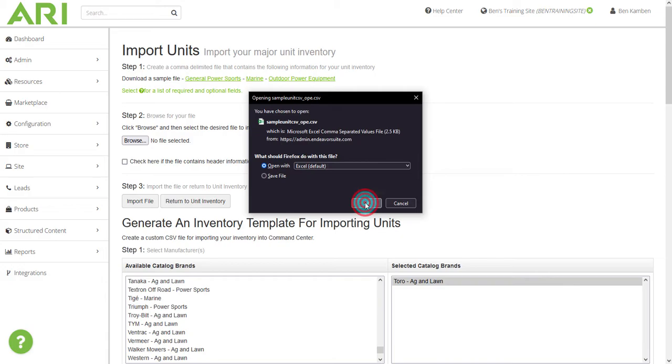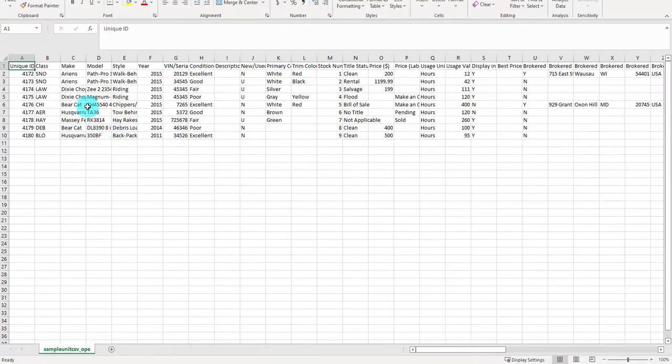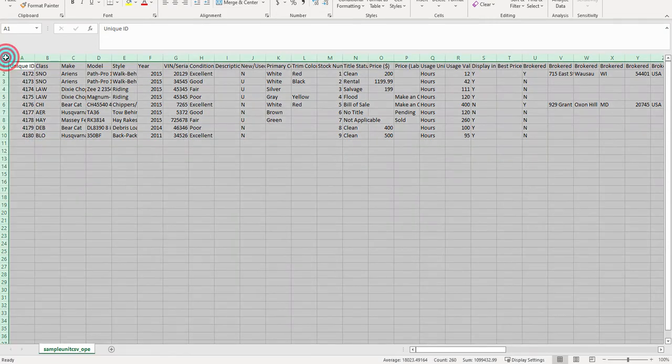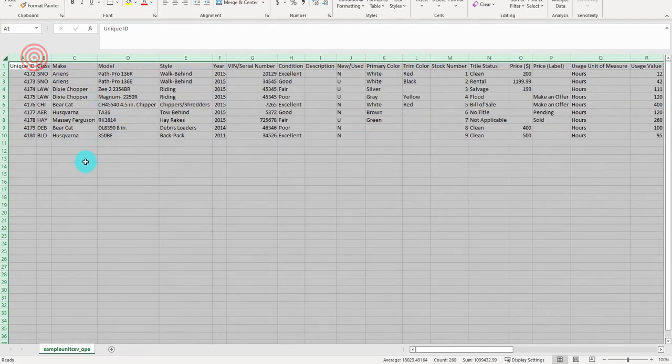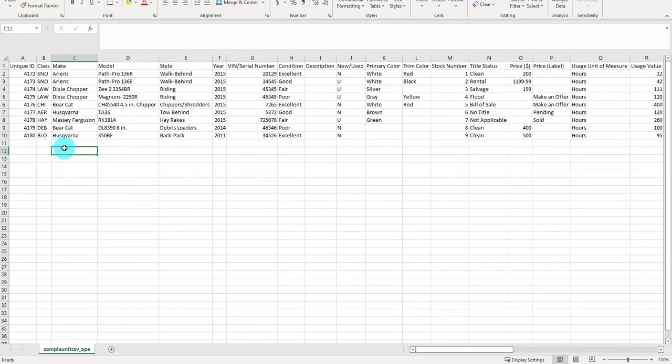And we'll go ahead and open this up. And so it has some example units in here right away, just so that you can get a feel for the kind of information that will go into each one of these. Let's go ahead and expand these, and we'll just take a quick look, and I will scroll through this slowly just so you can get a better idea of how you should go in and type in information for these